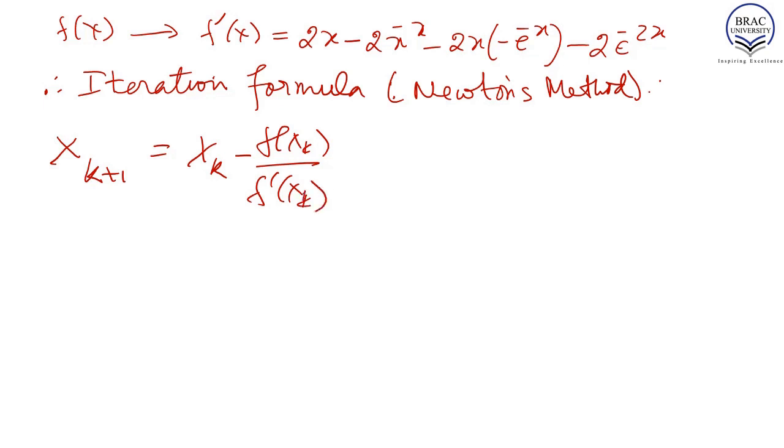That is the Newton's method iteration formula, and if you put it here, then we can write that